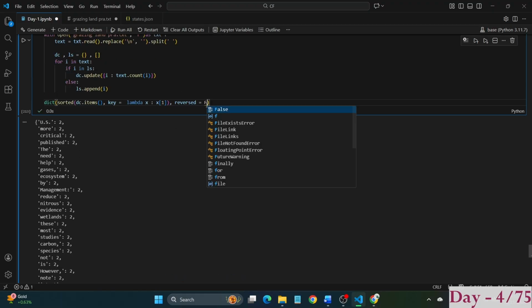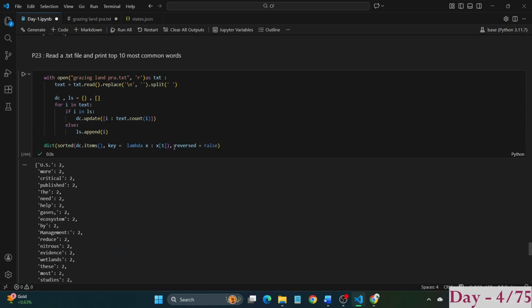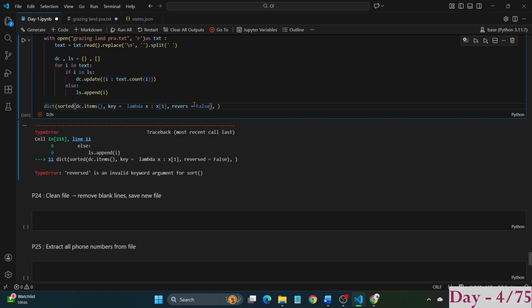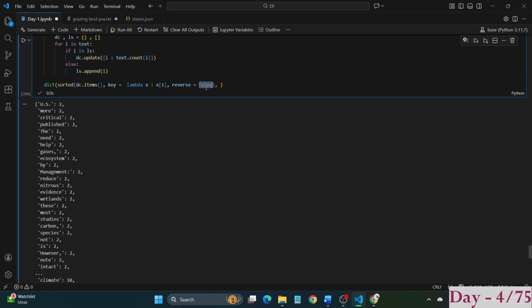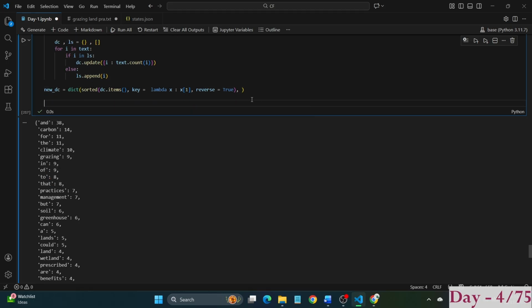Okay, false. Nope, not working. I think it's taking it as another reverse. Okay, so the maximum used keywords are these. So I will print everything which is above 5. I'll store it in another new dictionary and name it new dc. And this new dc, we should print all the keys